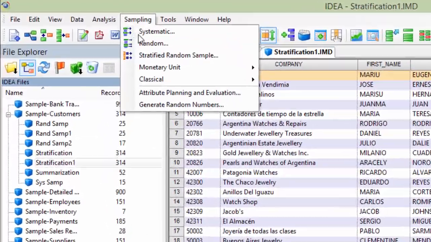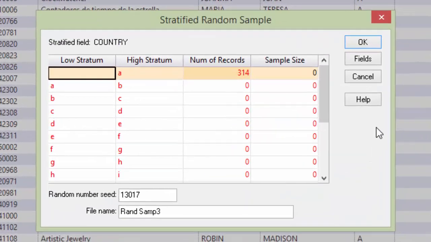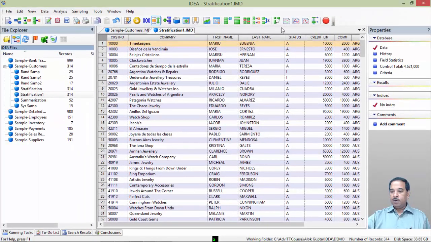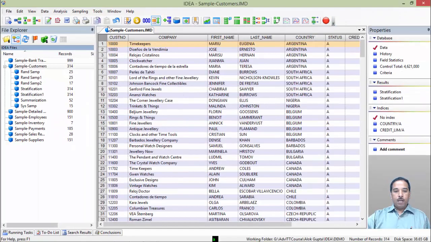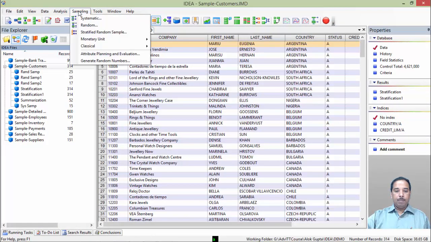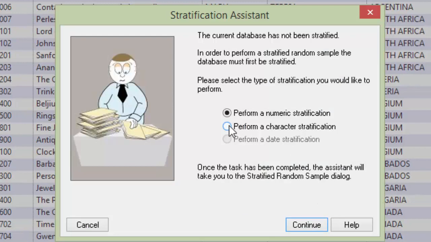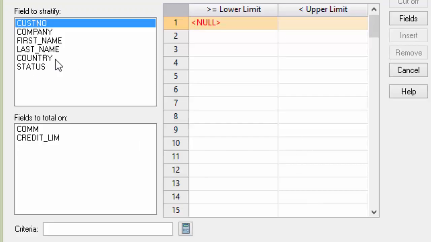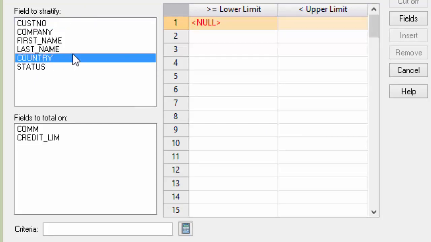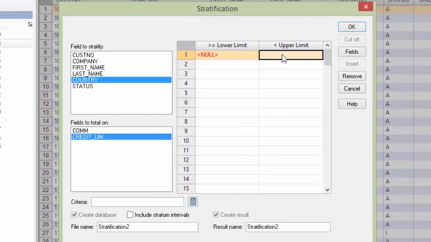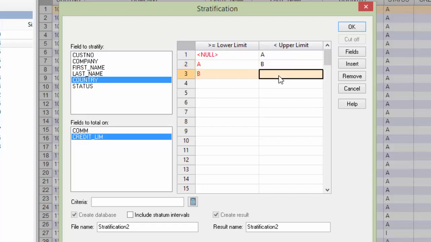cancel, and again come to sampling, stratified random sampling. Cancel this sampling, delete this file, and then again come to the customer table, sampling, stratified random sampling. Perform a character sampling, select option, continue, and then select a field to stratify. It's country. Select a numeric field. It's credit limit. Here, turn caps lock on from the keyboard and type a letter A, then B, then C, then D, E, F,